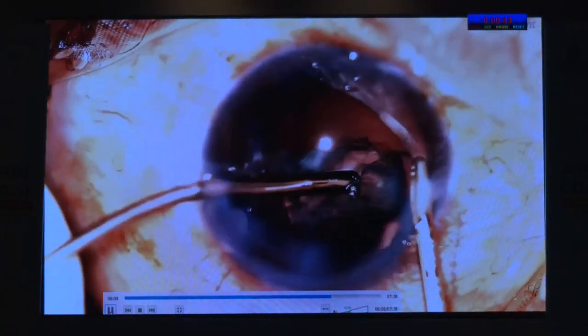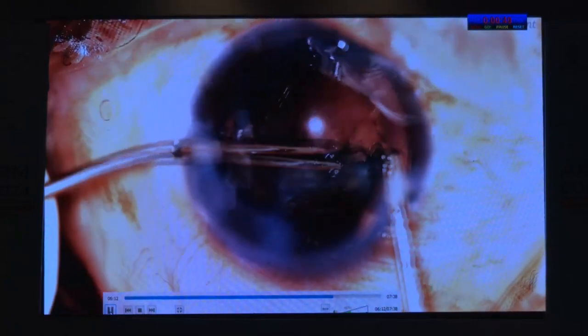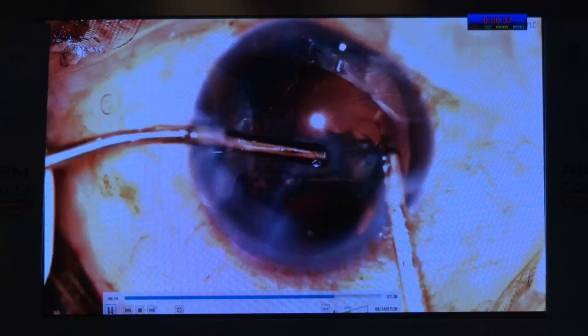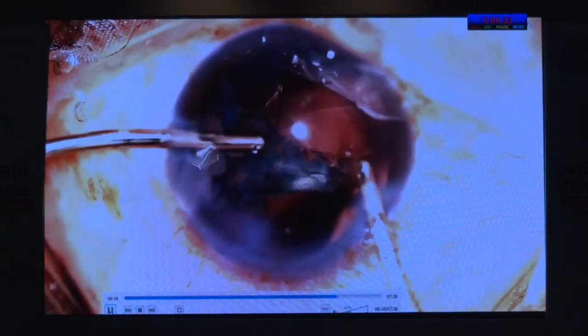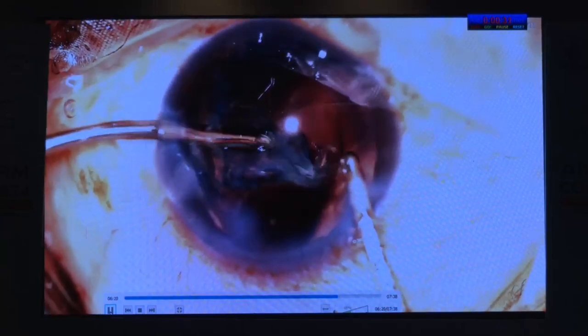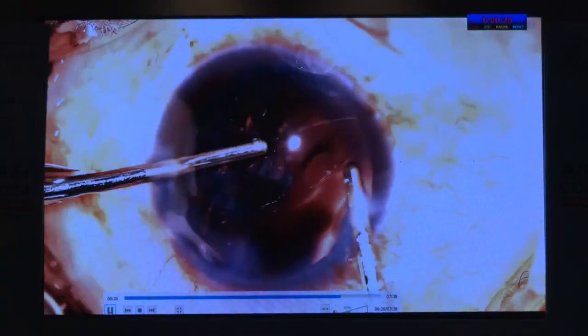And as I told you, once I put in some dispersive viscoelastic, each and every time I bring my irrigation out to the eye, I end up managing quite easily, because removing the cortex with the cut mode of the vitrector is also an option, but I tend to be able to manage it with this. If not, I would use the cut mode of the vitrector. Care and caution while removing the last part of the cortex. Again, swapping hands, performing a viscofluid exchange.